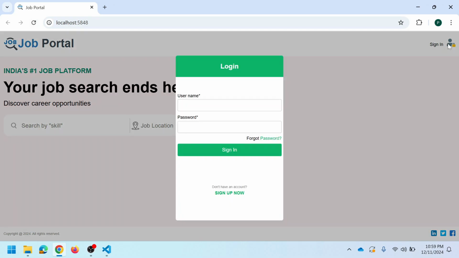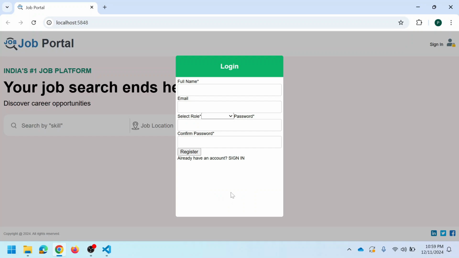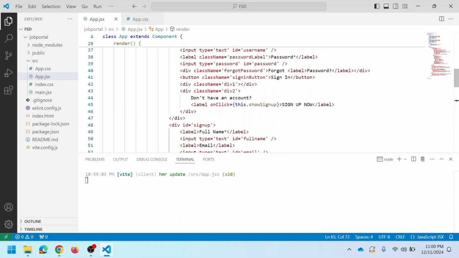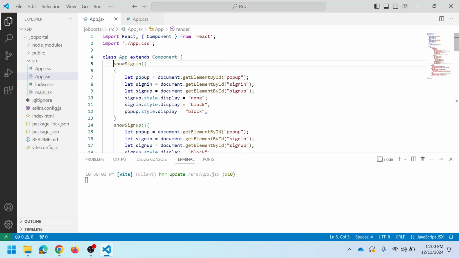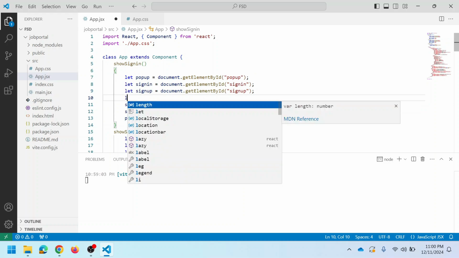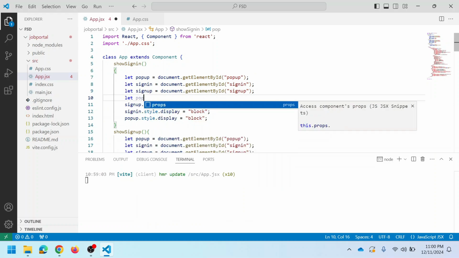If the user clicks on sign in, it displays the content of sign in by displaying the header as login. Suppose the user clicks on sign up now, it will navigate to display the content of sign up, but not change the content of the pop-up header. So go to the JavaScript function where we had the logic to display the content of sign in, create a new object for the pop-up header